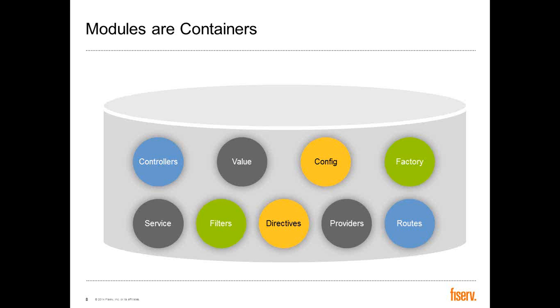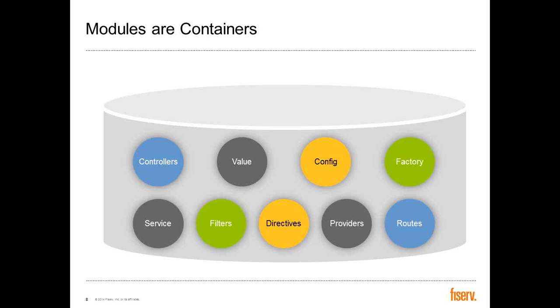Wherein you inject all the code for controllers, you have definitions for the service, you can do configurations for the routing, you can declare custom directives, you can have factories, filters and services. Modules is a place wherein you are going to keep all the components together, and this module is going to be hooked up to the view.